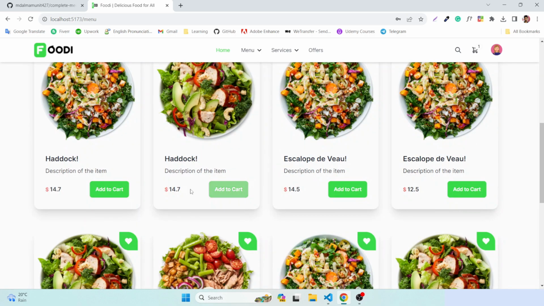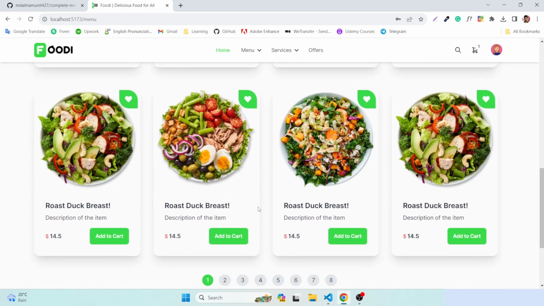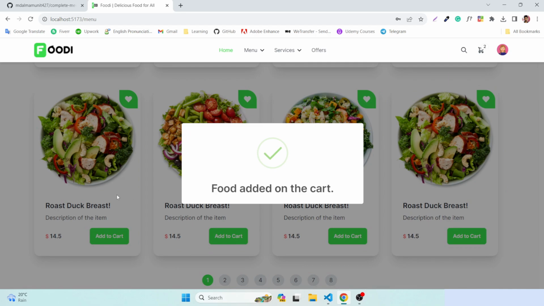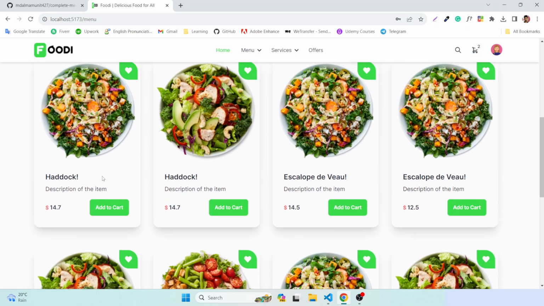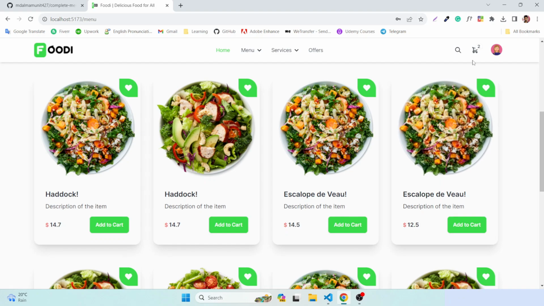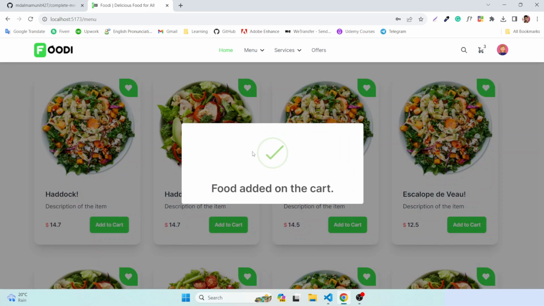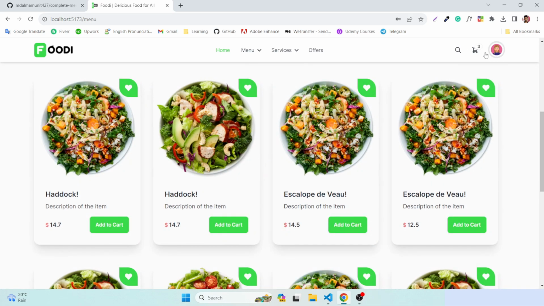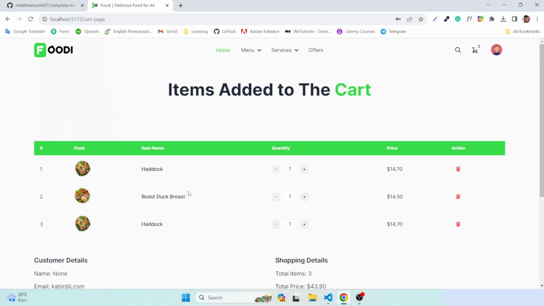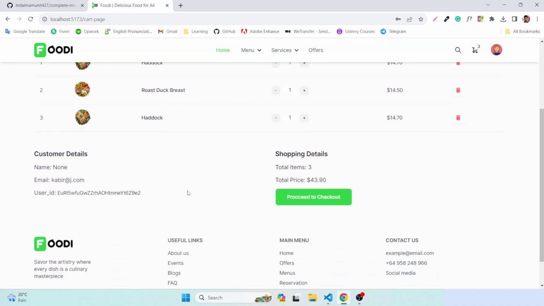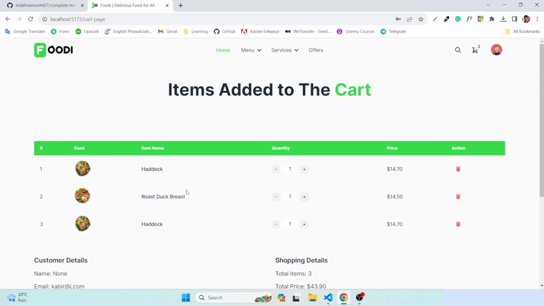Firstly, when you click this one, then this product is added. So let me add this product. But what if you want to add a product multiple times? For example, this is the first product we have already added there. If you try to add it again, then it will show the product is added 2 times. But we will fix this problem today,